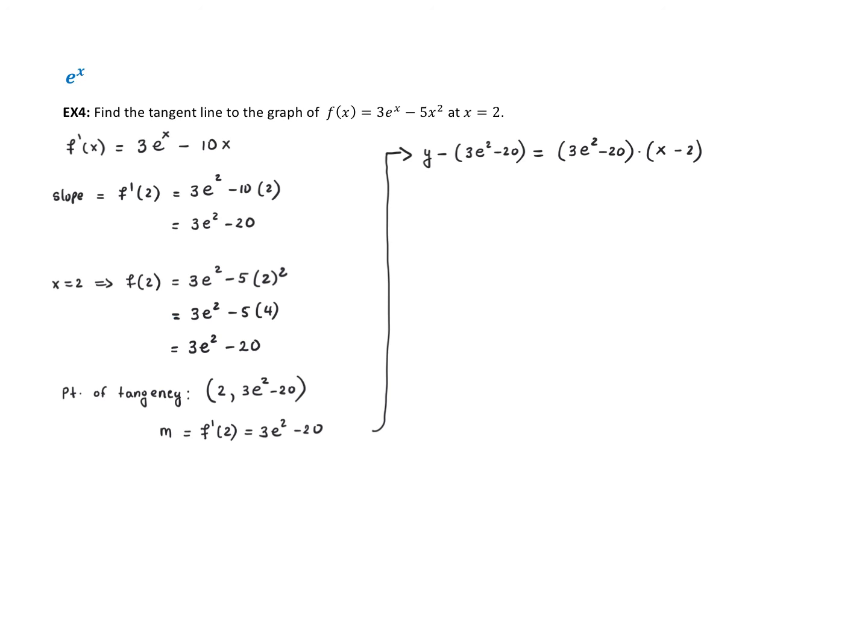And then all that I have to do is isolate y by taking this term and bringing it to the other side. So I'm going to have y equals 3e squared minus 20 times x minus 2, plus 3e squared minus 20. And right here, this is the equation of the tangent line. Okay. This is the equation of the tangent line at x equals